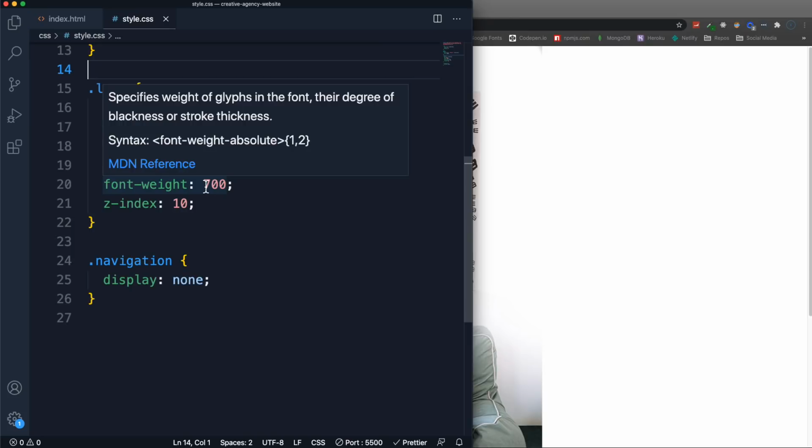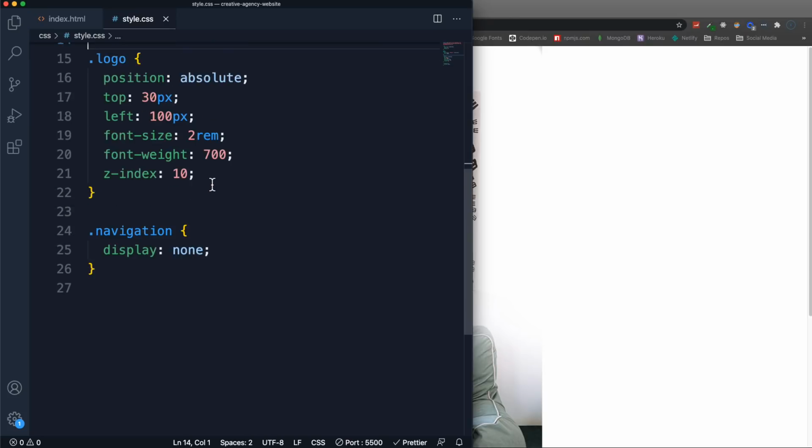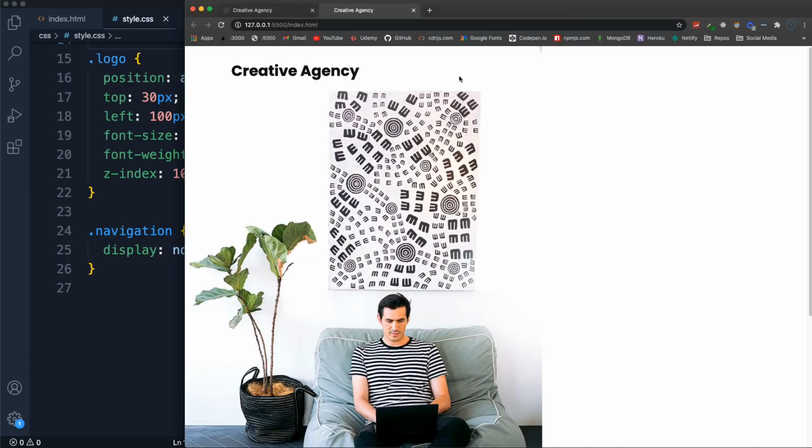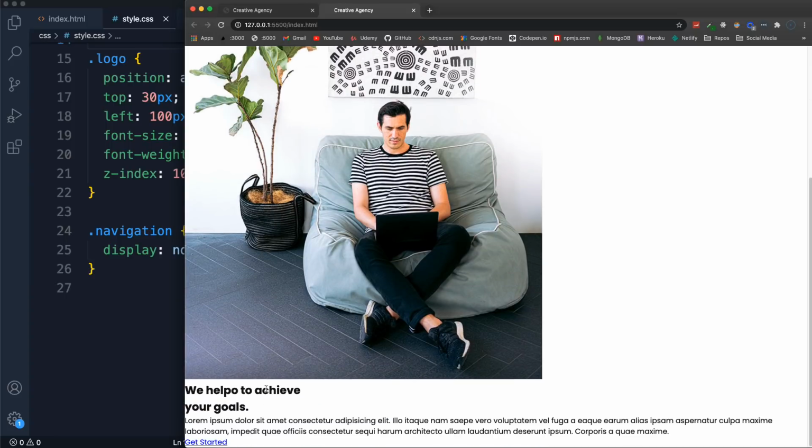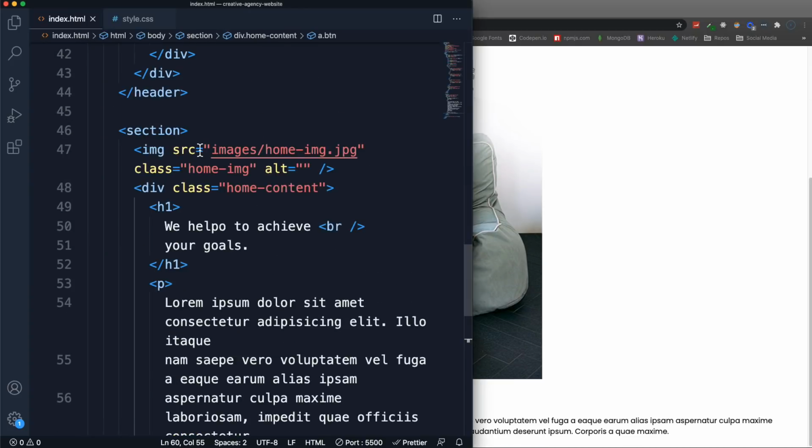So let's work on the section. We have our header, which is basically this up here. Then we have our section, which is the image and then the text. And if we look at it, there's 2 direct children in the section, the image and the div with the class of home content. So I want to actually